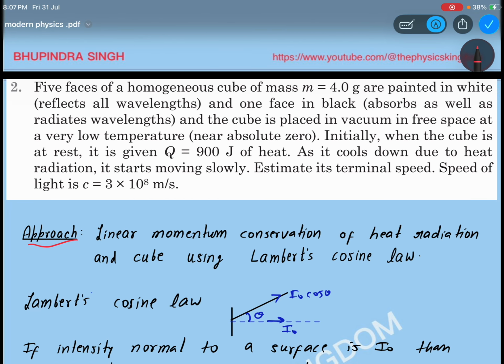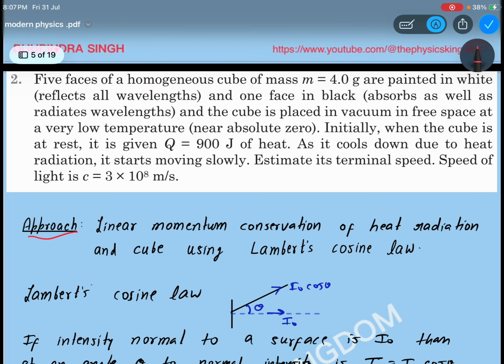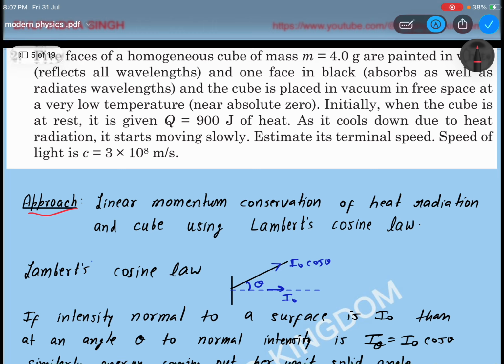Okay, yes. Now the thing is, here a new thing I'm writing, that is Lambert's cosine law. Okay, beta. So you may see different names of this thing, but the logic is the same. Lambert's cosine law, right? Now according to it, beta, if from any flat surface